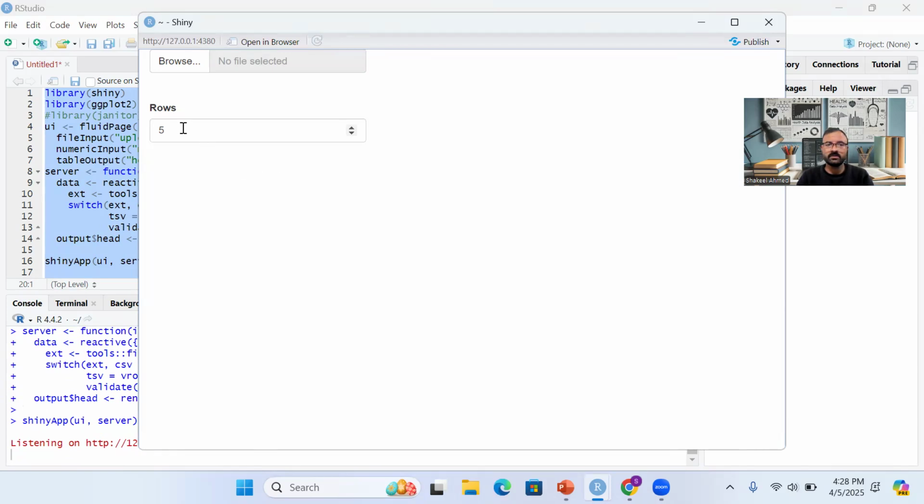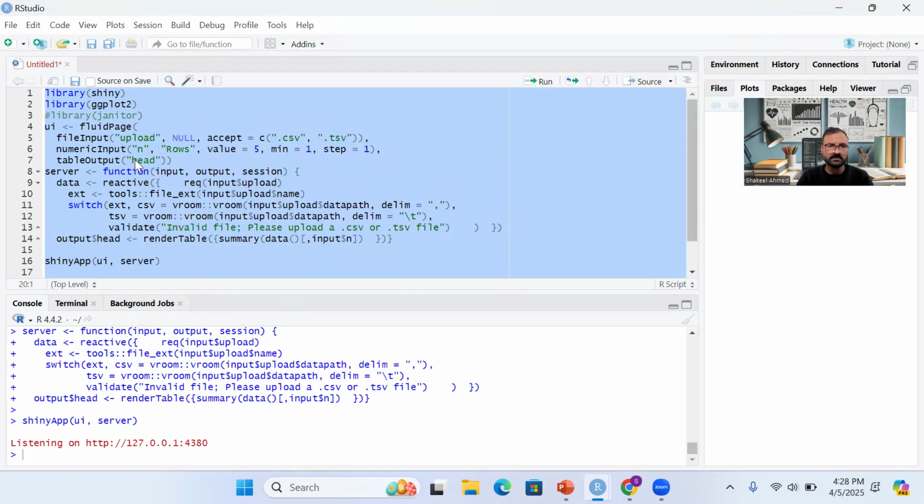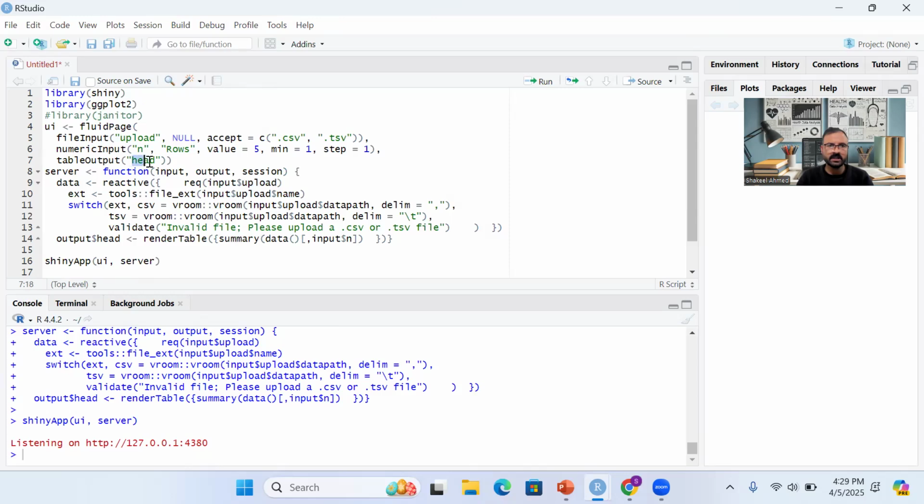So the row is 5. It's not giving any output related to head. Basically, we have set the information as head, so it will give the first n observations of the data. But we are just putting the summary here, so it's not working. If I remove this and just write,